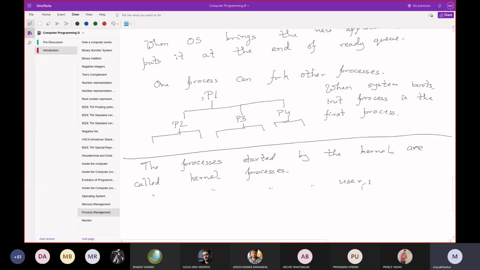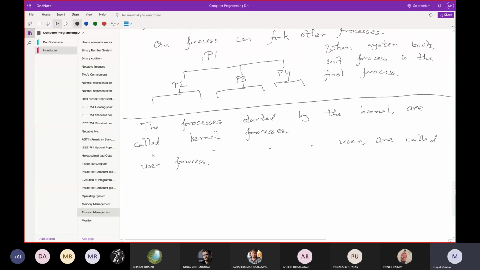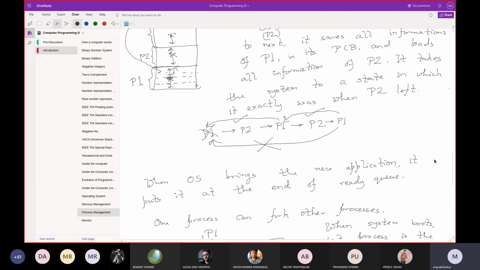The processes started by the user are the user processes. Okay. Any query regarding this process management up to what I have discussed now? Yes, sir.